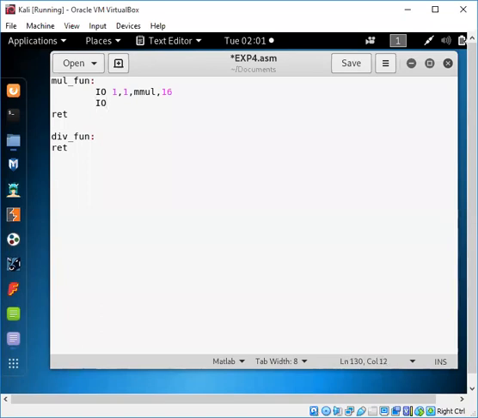So the message for this, that is 0, 0, right, first number. We'll copy that or we'll display that number.